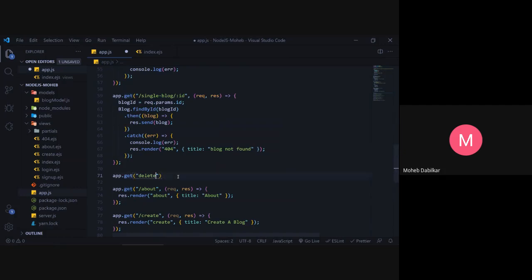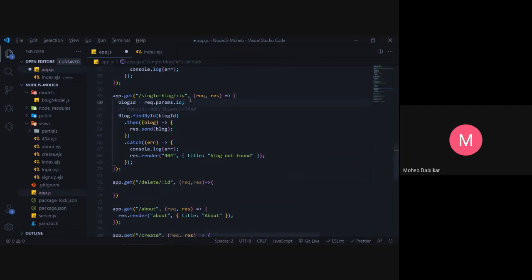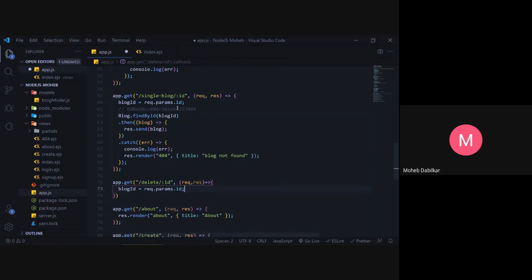Well, now in delete we also need this and then we say id, and what we can say is request, response, and then we will take the blog id just the way we did already with that. Okay, and how do we delete this now?